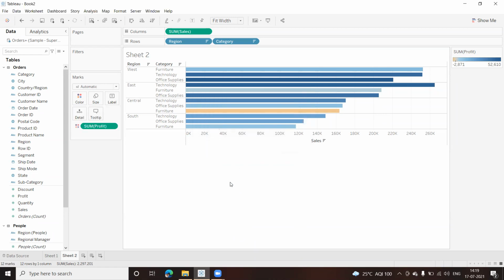Now, this is the sales figure, and what if I want to change it like this? I want all your values, whether it's west, east, central, south. I want a proper bar chart. Can I get a proper bar chart here?